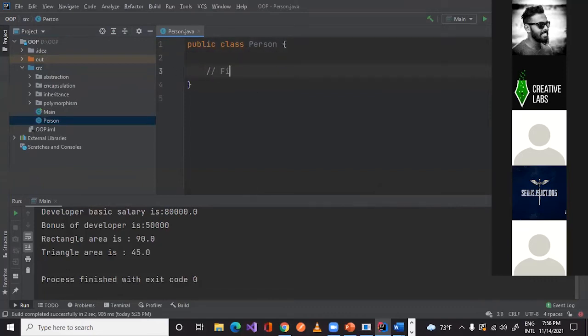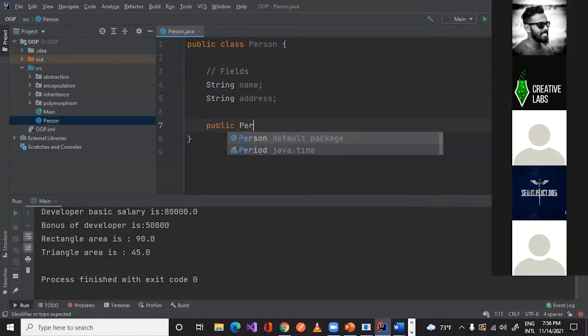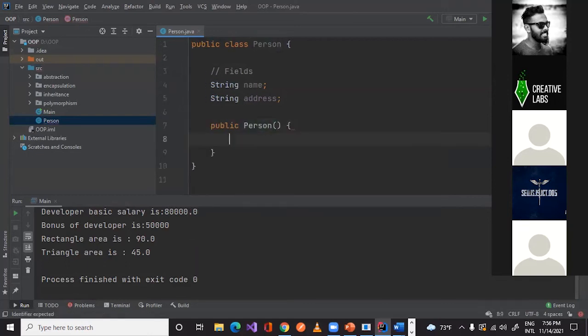We have the fields: an integer, a string name, and a string address. And we have another thing called a constructor, public Person. This is an empty constructor.